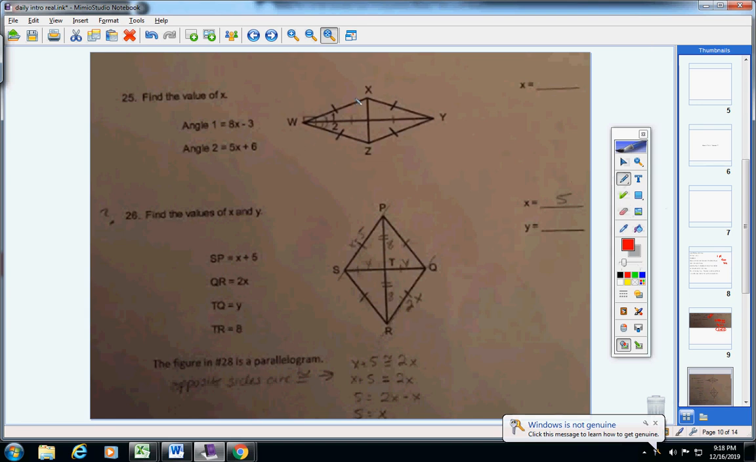Okay, now we know this is a rhombus because I have 1 mark, 1 mark, 1 mark, and 1 mark. The definition of a rhombus is a 4-sided figure with 4 congruent sides, and we have 4 congruent sides, so we know it's a rhombus. Now remember, in a rhombus, the diagonals